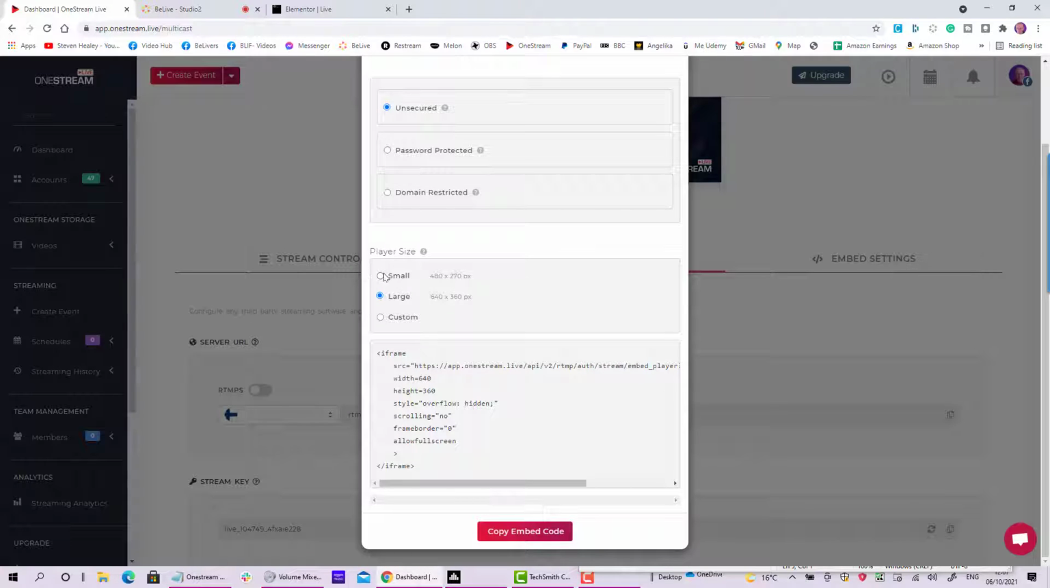The player size can be small, large or custom. Now I'm going for the large player basically because I want people to be able to see it on the screen. This is not an afterthought. This is the main thing that's going to be there for people to watch. So I need to copy the embed code. Whenever I change any of the options there, the embed code will change, and I copy the embed code